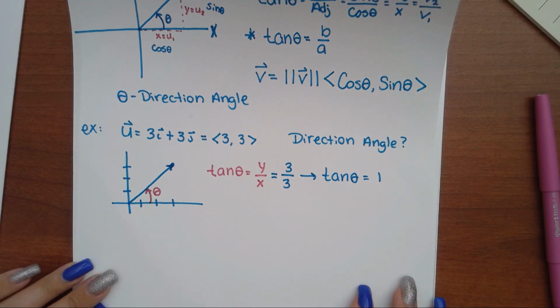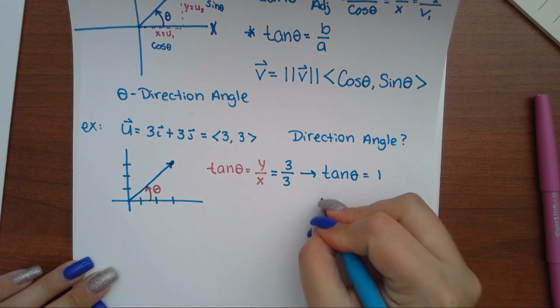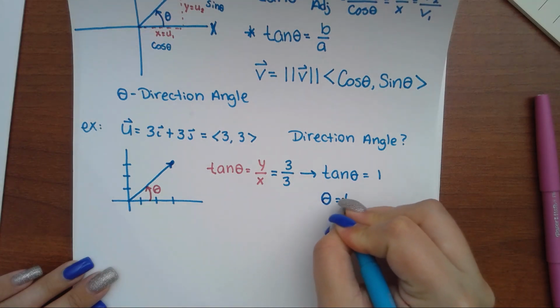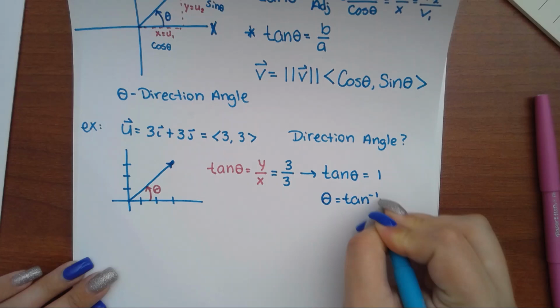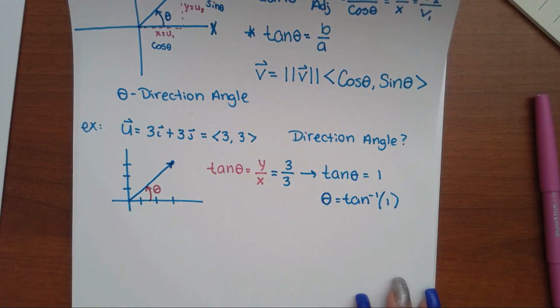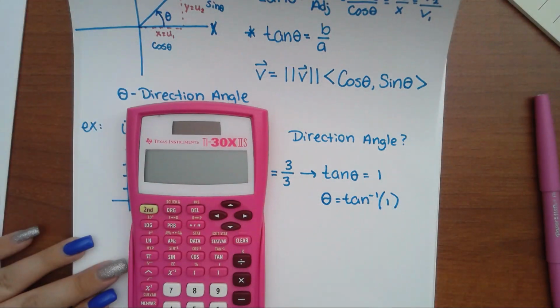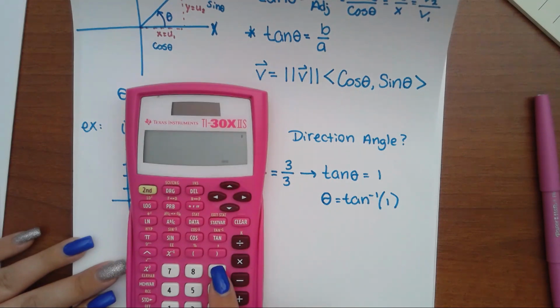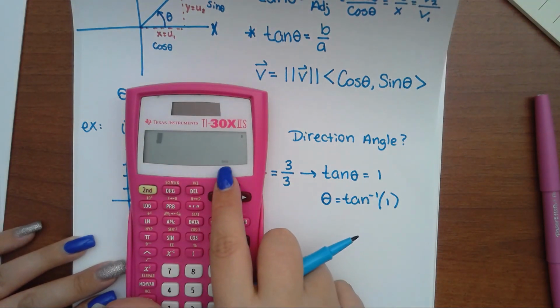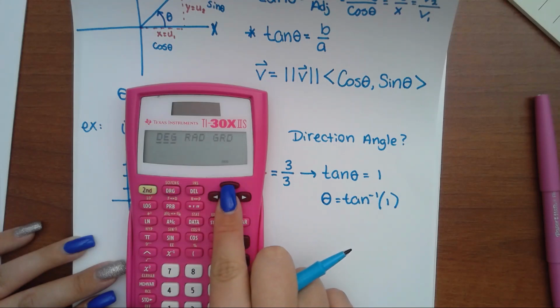As a reminder, to find your angle, we have to take the inverse of the other side. So we're going to say tangent inverse of 1, and then we can utilize the calculator. We're not going to be using the unit circle or anything like that. We're going to make this as easy as possible and utilize our calculator. Make sure your calculator is in degree mode. Mine is in degree mode here, but if you don't know, you would click the DRG button and make sure degree is underlined,